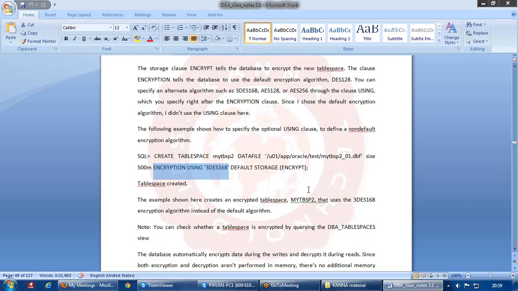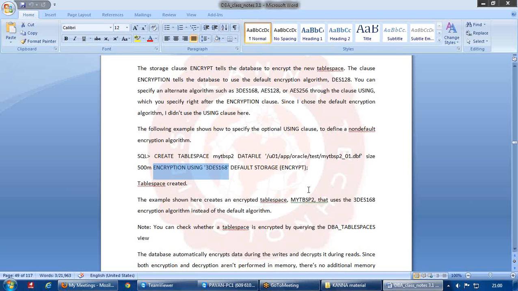Even though it has much advantage in security implementations, in my experience I have not seen people using this particular encryption feature in 11g databases. I don't know the reason, but even in the banking sector I have seen people not using this feature.